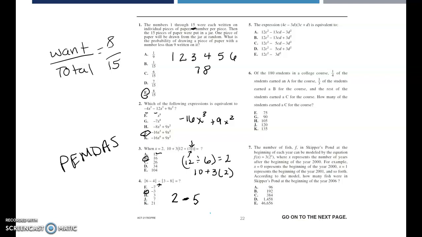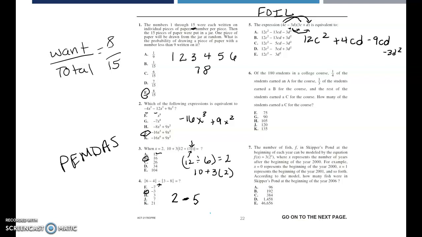Here, FOIL is your friend. This is number 5. FOIL means first, outer, inner, last. Okay, so we have to do 4c times 3c. That's 12c squared. Then we have to do 4c times d, which is just 4cd. Now our inner part, negative 3d times 3c, which is going to be negative 9cd. And then the last one, negative 3d times d, which is negative